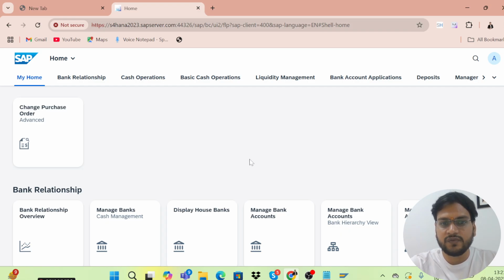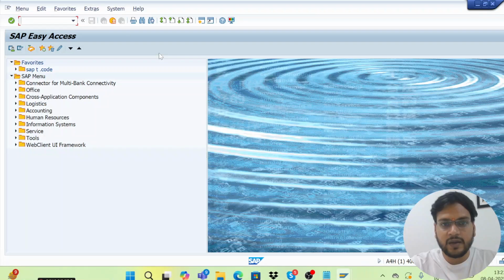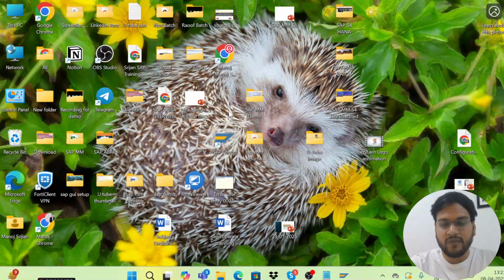Like how we can use Fiori as an end user, that we will see. But before that, if you are going to use that in your demo server, first you need to do the host file configuration. So how are you going to do the host file configuration? For every server, that host file configuration setup is different. I'm just telling for my server, whatever server I'm using. So if you are using that same server, then you can use that same procedure.